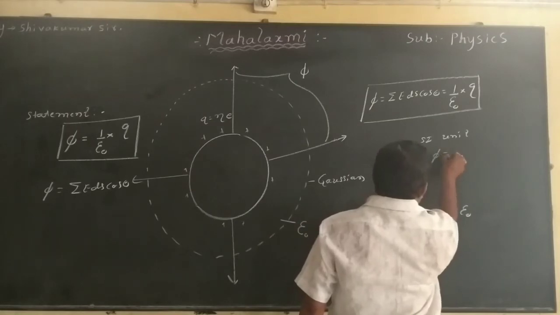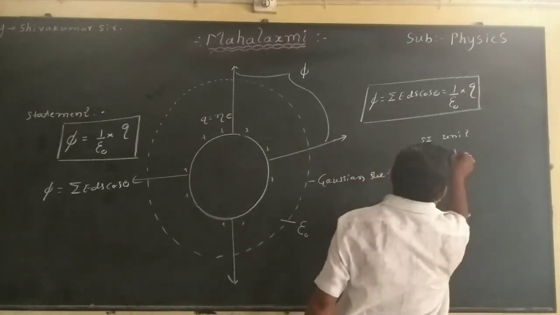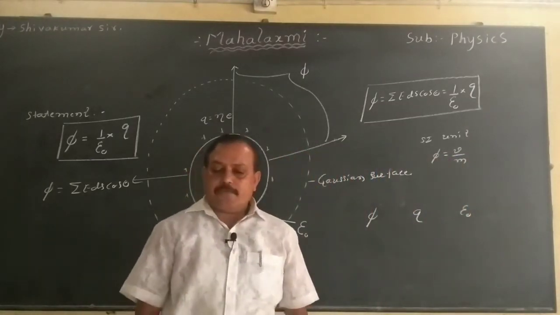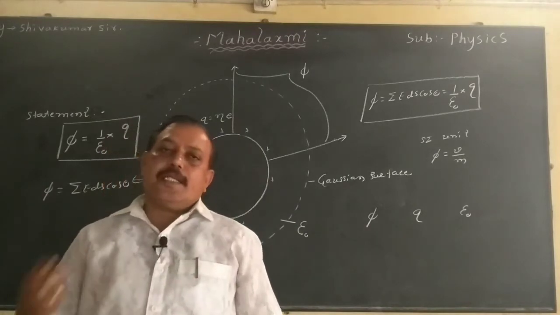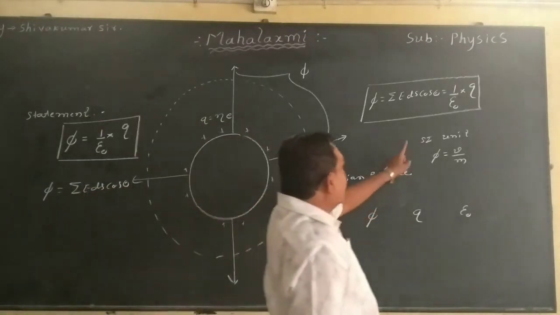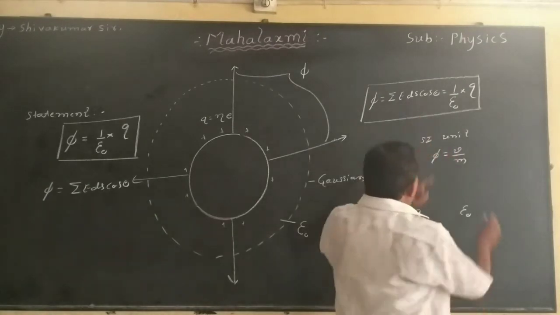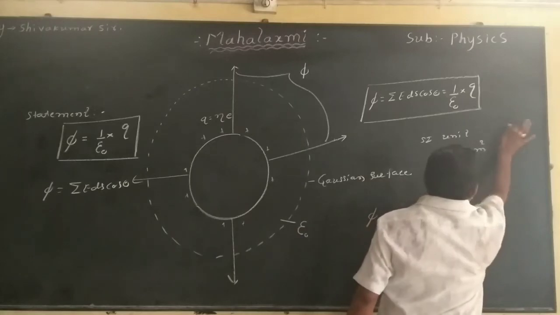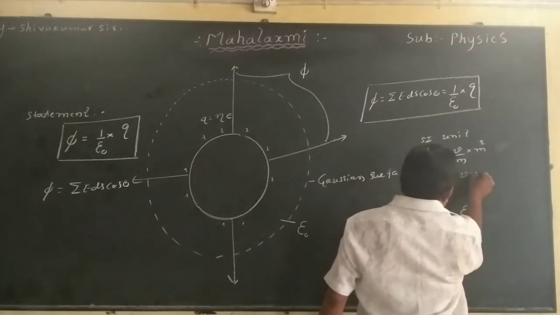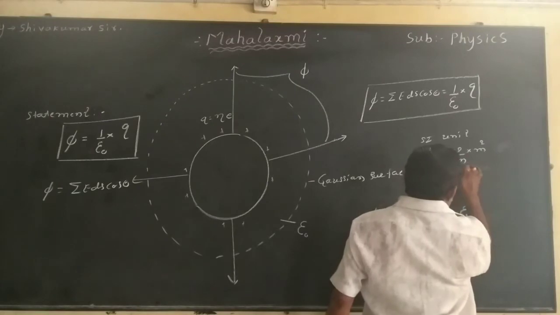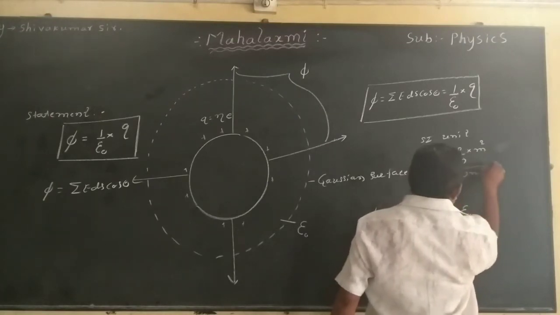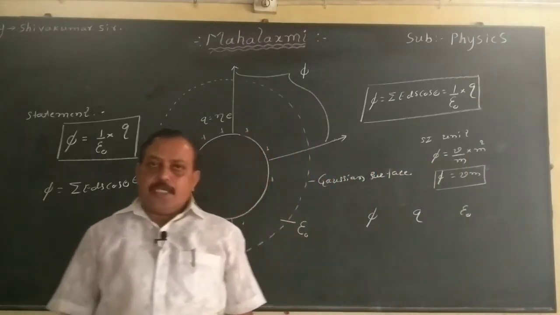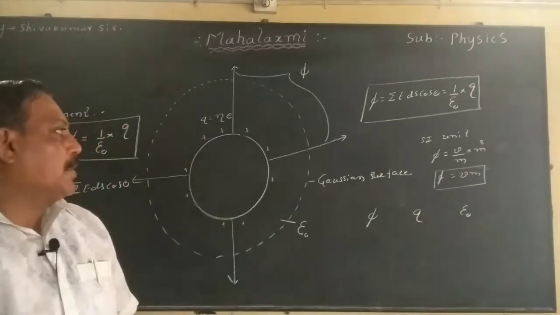That is the SI unit, E is volt per meter. In the next topic we are going to come across one more equation for the electric field, E equals dV by dx. In that case we come across the unit for electric field, volt per meter, and area is meter square. Then what is the SI unit? Volt per meter. Shall I write here? SI unit is volt meter. One meter gets cancelled, volt meter. Electric flux is a scalar quantity and its SI unit is volt meter.